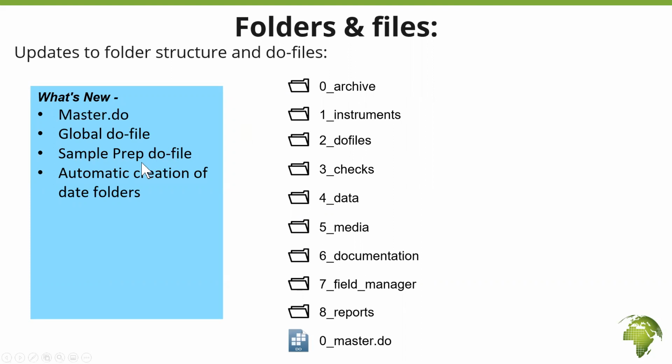Then we'll also have a sample prep do file, and I'm very specific about saying that this is a sample because it will not meet the needs of every project. Basically, what we've tried to do here is put together a list of preparatory phase code that people would need to prepare their data for HFC. This would be a file that you would open and edit to meet the needs of your project. In most cases, it should be fine and cover what you need. In other cases, you may need to add additional preparatory steps or remove some of them if they're not necessary for you.